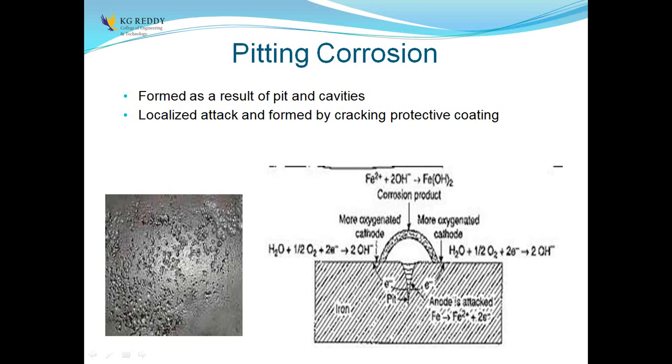The anode releases electrons, and this released electrons combine with water and oxygen. The part of the metal above, which is free, combines with the oxygen and water and gives hydroxyl ions. These hydroxyl ions combine with Fe2+ and again you get ferrous hydroxide. Further oxidation of this ferrous hydroxide gives ferric hydroxide, which is nothing but rust formation, right?